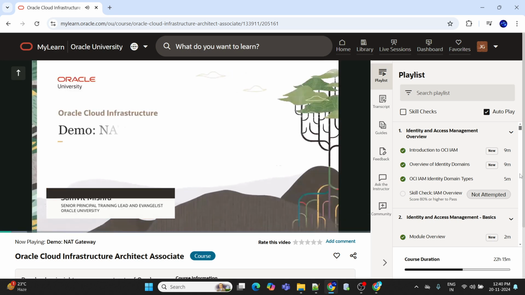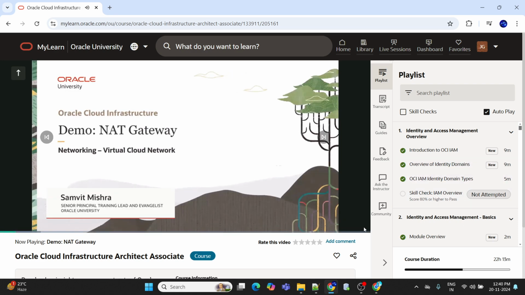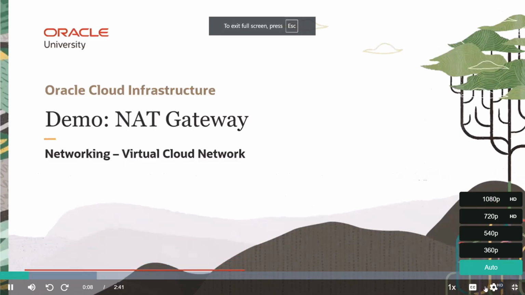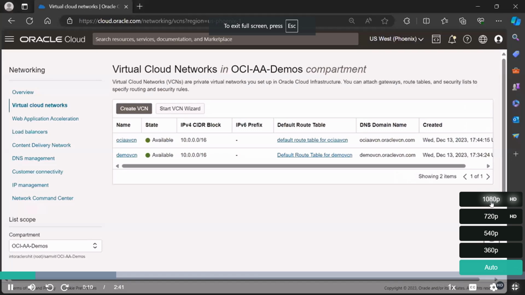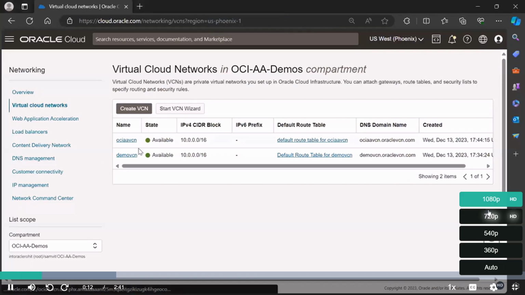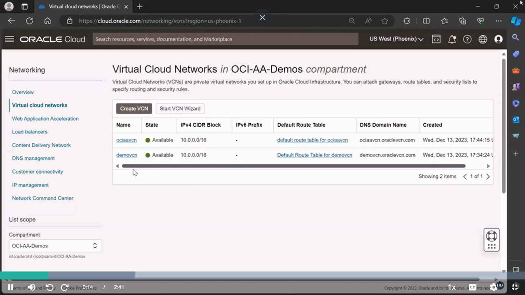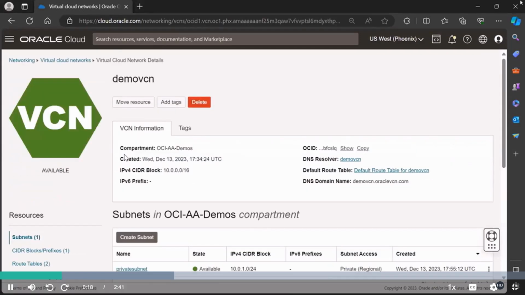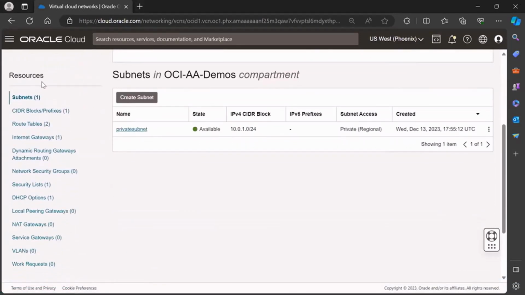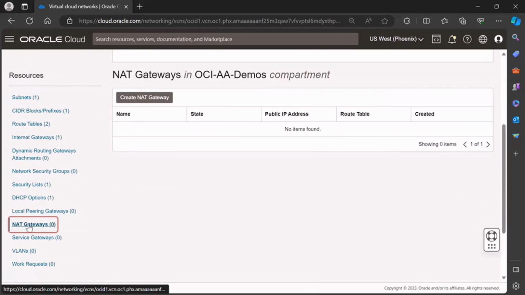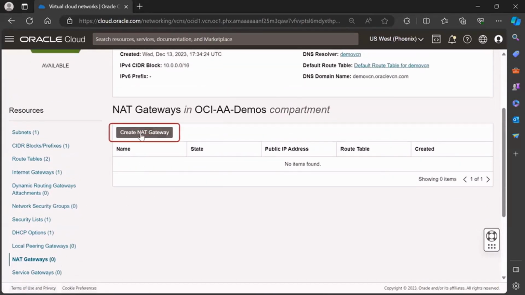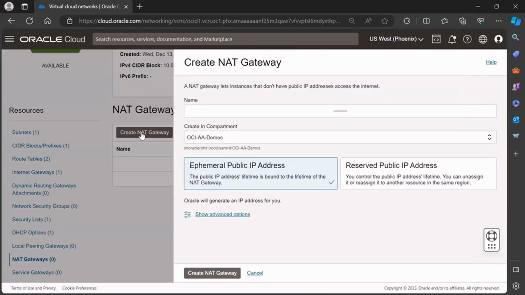In this demonstration, I will show you how to create a NAT gateway. So let's get started. So I'm inside the OCI console and I can see the virtual cloud networks. So let me go inside the demo VCN, and under resources, I see that as of now, there is no NAT gateway. So click on NAT gateways, click on create NAT gateway, give your NAT gateway a name,